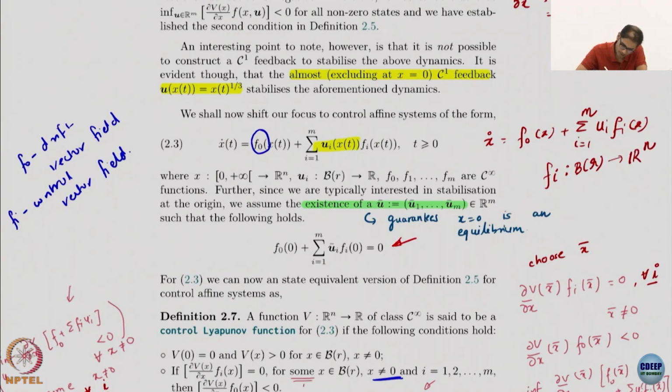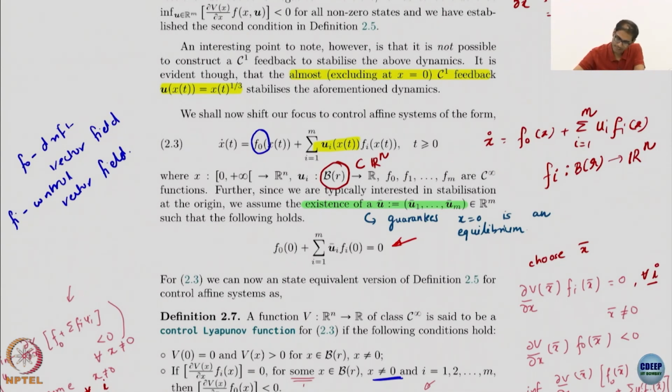Notice that this is a subset of Rn, it is a ball in Rn. It is not a ball in scalars, because the control is also state dependent; the only thing is that the states are evolving in the ball.